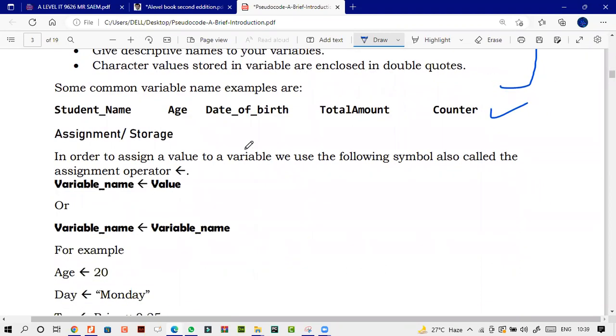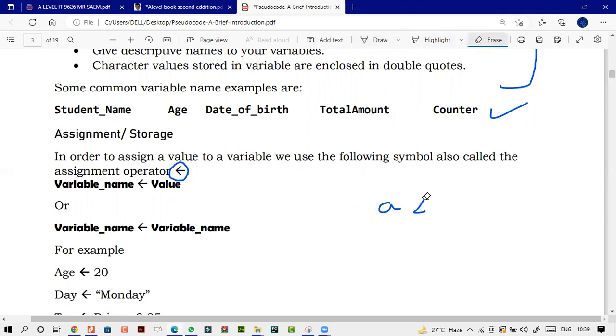Assignment. Whenever we do the assignment, remember we always use this as an assignment. So whenever we say, for example, a variable name A is 5, this is the way we do it. That's an arrow. Sorry, it's quite an ugly arrow. What I meant to say was, when we say A is,